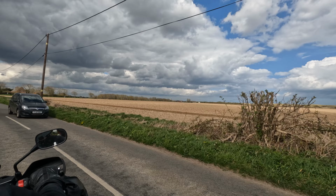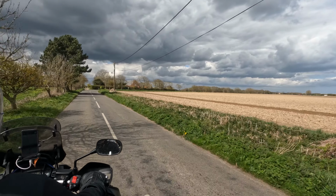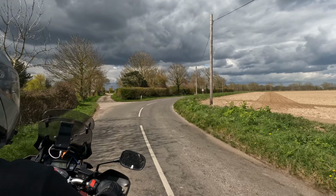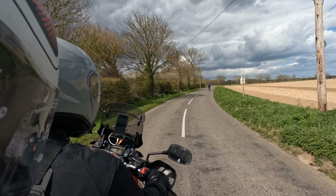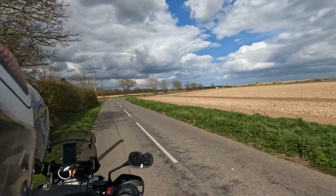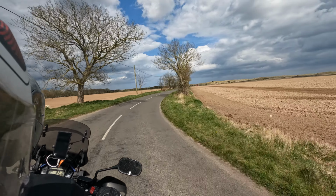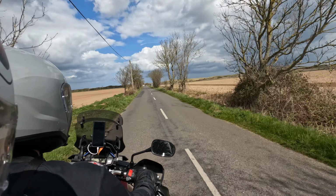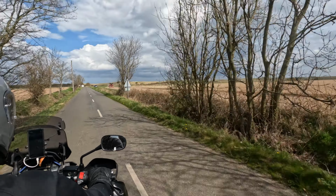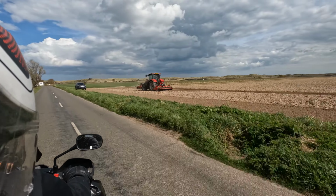But what is it? It is a network of mostly navigable rivers and lakes in the English counties of Norfolk and Suffolk. The lakes, known as Broads, are formed by the flooding of peat workings. The area is 117 square miles, with over 120 miles of navigable waterways. You can hire a live-aboard holiday boat and spend a week or two exploring this lovely waterway area and surrounding countryside. Looks like the farmer's doing the tilling, breaking it up,